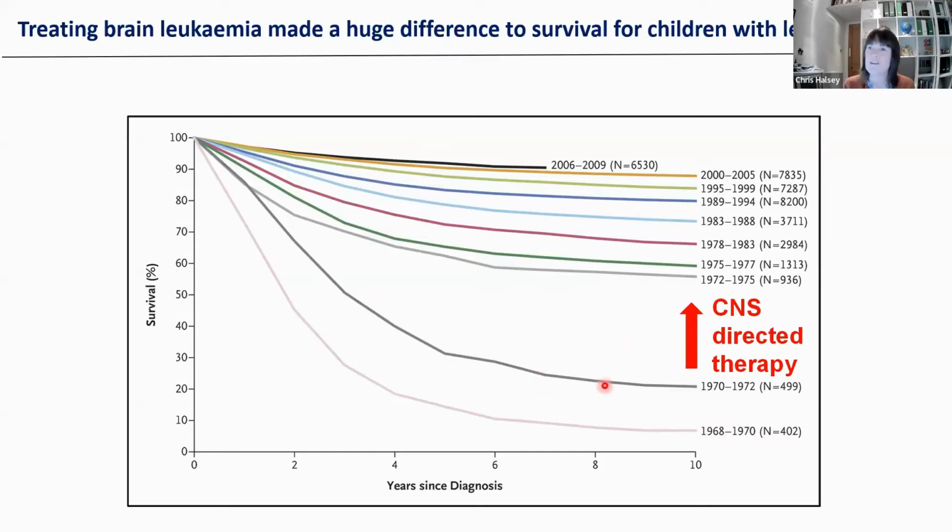So what was happening here is that many children were initially going into remission, but then later on the disease would come back, and it often came back in the fluid around the brain. So the researchers said, look, even though we can't see the leukemia there, clearly it's a problem, let's start treating it. And they added in this CNS-directed therapy to all children. They did do some other tweaks as well, but this was one of the main reasons why we got this huge uptick in